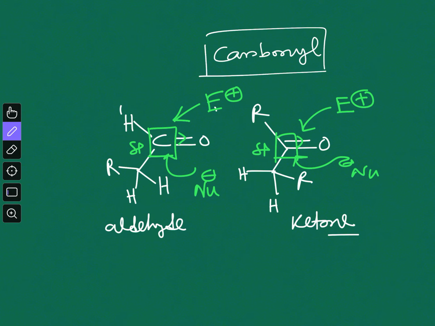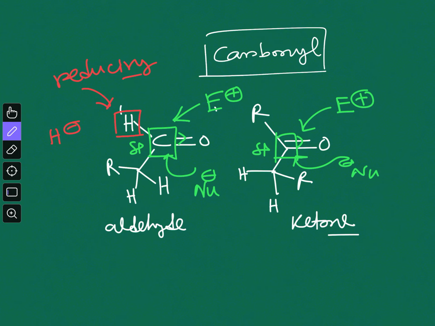Now in case of aldehyde, you can see the presence of this hydrogen atom, which is directly attached to the carbonyl carbon, makes it different from ketone. In case of ketone, we don't have this kind of hydrogen atom, and we will see that this hydrogen atom is actually a reducing hydrogen atom. And a very simple example of this is the Cannizzaro reaction. In case of Cannizzaro reaction, you will see that this hydrogen goes as hydride, which is reducing hydrogen or reducing hydride. So this is a special feature of aldehyde which is not present in the ketone or any other carbonyl functionality.